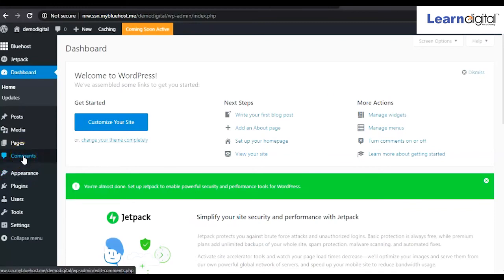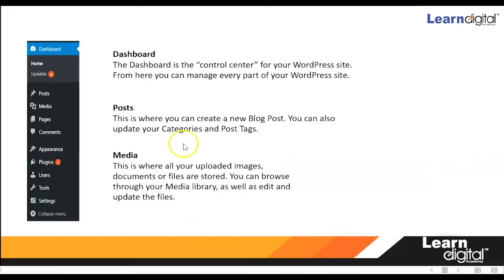Then the comments option is there. Under the comment option, whoever comments on your site, right? You can see the comment notifications over here, what people are commenting, and simply you can approve or disapprove that comment.